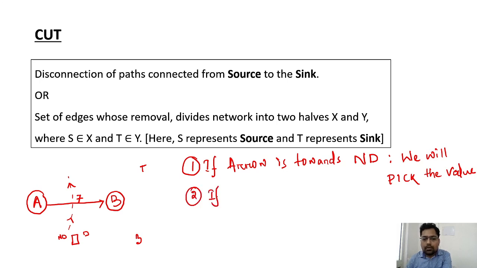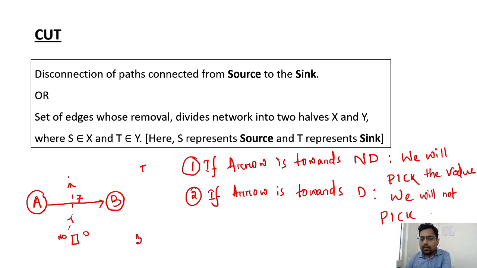If the arrow is towards the driver end, we will not pick the value. So here is a simple example I'm also doing, like from B, and